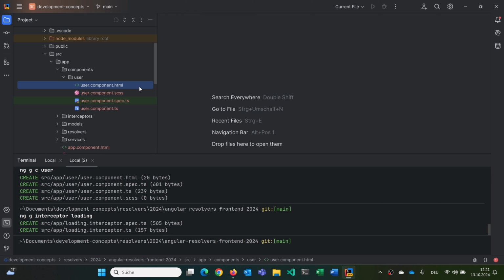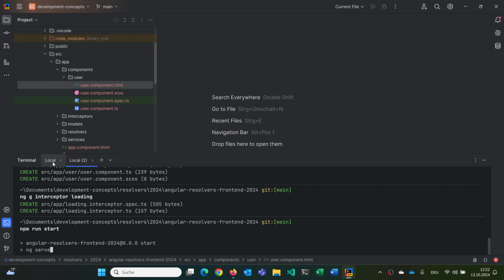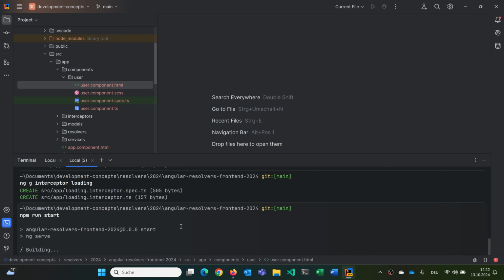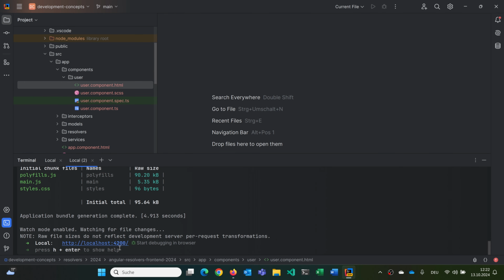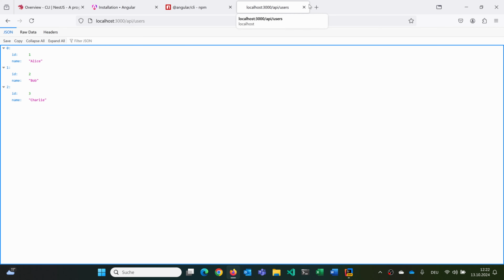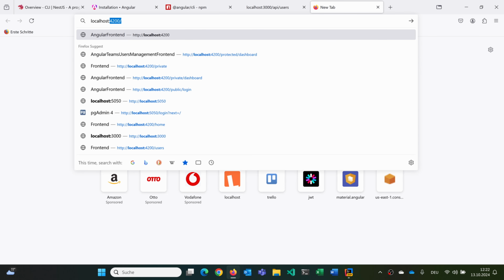so that we can also see that it's really the resolver firing, loading the data, and only if we have the data, then we are getting redirected to the route. So we can now just say npm run start for our Angular frontend, and you remember our backend is already running. Now our frontend is running on localhost 4200, so we go to localhost 4200,